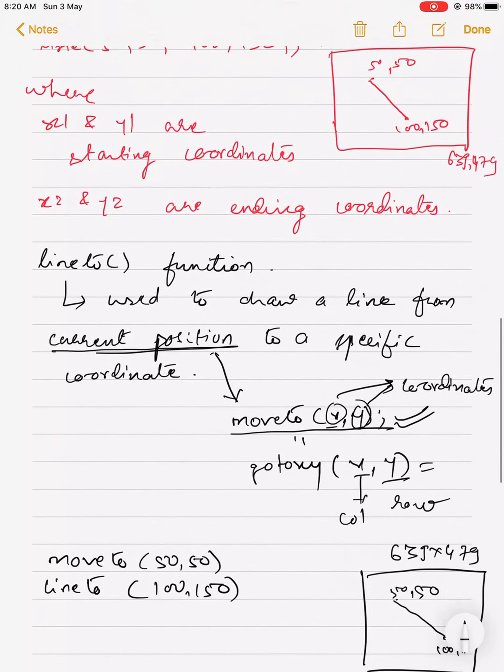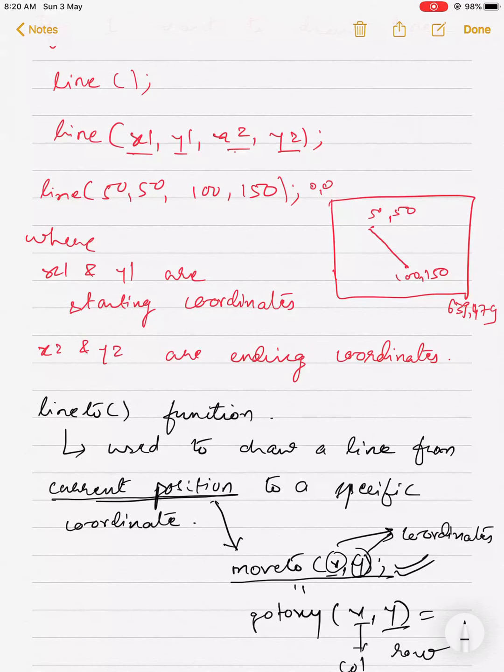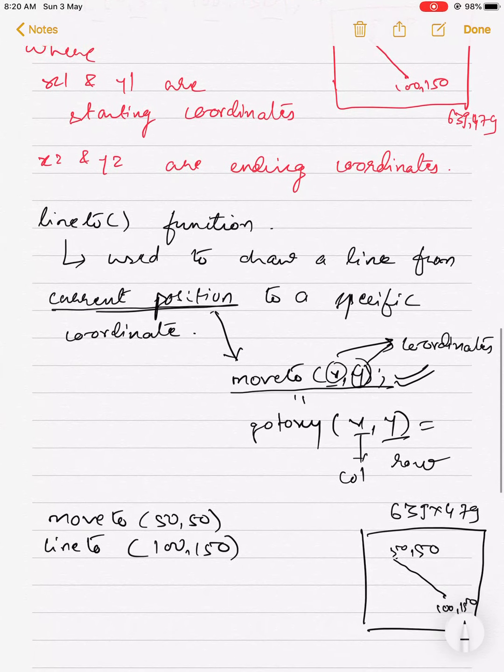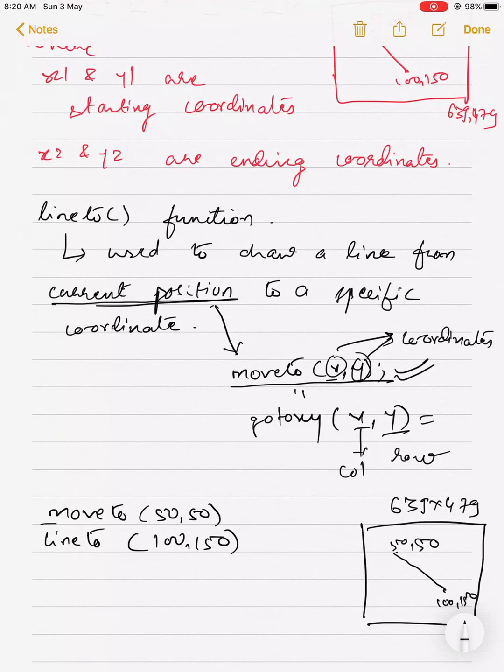Now you check the line. In the line function we are not using moveto, but we need to mention all the 4 coordinates. But if you don't want to mention all the 4 coordinates, if you just mention the initial position of the cursor with the help of moveto, then you just need to use the function lineto and mention the ending coordinate. So from the starting point, that is from moveto, it will go to this particular end. This is the use of lineto and moveto.